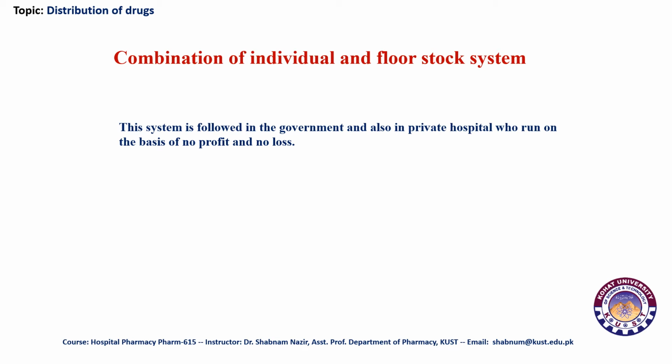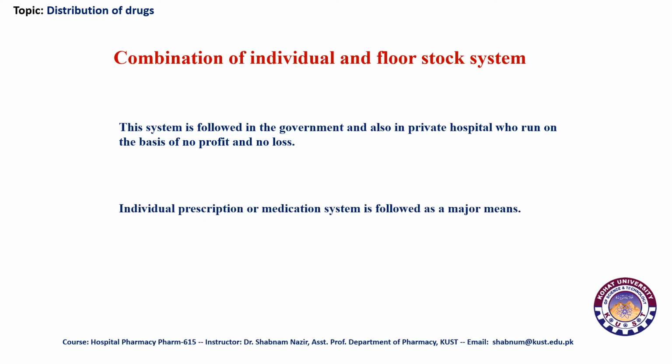So the combination of individual and closed stock system is followed in government and also in private hospitals run on the basis of no profit and no loss. Now how it works, its adaptation could be different and depends on the hospital setup. But overall, the concept of this system revolves around the fact that the individual prescription could be conveyed to the pharmacist, but along with that, there is a possibility that the patient